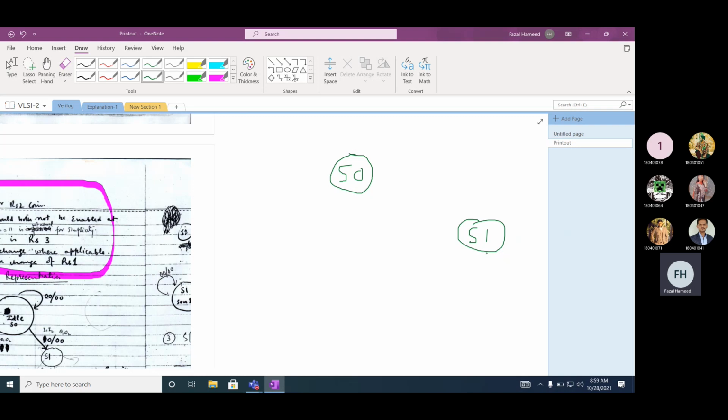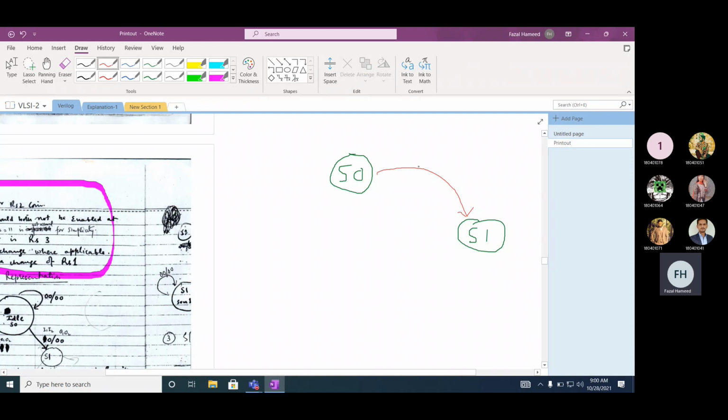But at the system level, if you want to represent a state, you have to define some states. What are the states for a car? Stop, low speed, intermediate speed, and high speed. These can be the possible states for a car. So this circle represents a state. And the arrow represents a transition from one state to another state.